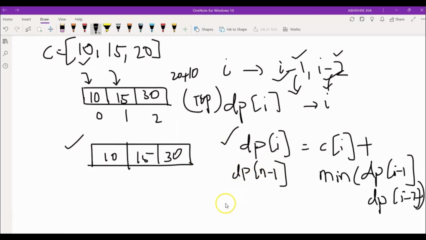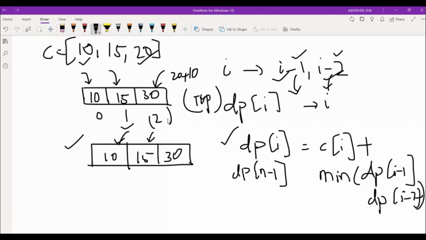We might get a thought that we'll just directly return dp of n minus 1 as our required answer, but this is not right. Here what we need to observe is dp of I represents the minimum cost required to reach the ith stair. To reach any stair I, we can come either from I minus 1 or I minus 2. So naturally we'll choose the cheaper of these two paths, and then we'll add the current stair's cost as well, which we have seen in our second index calculation.